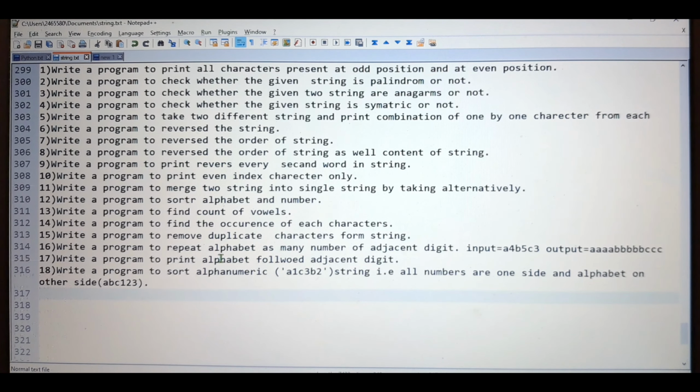Hi, in the last video we learned about the string data type, and we saw the different inbuilt methods supported by the string, and different operators, functions, whatever is supported for the string. And in this video we are going to see how we can write different programs based on the problem statement. And these are the 18 questions, or you can say 18 programs, that we are going to write